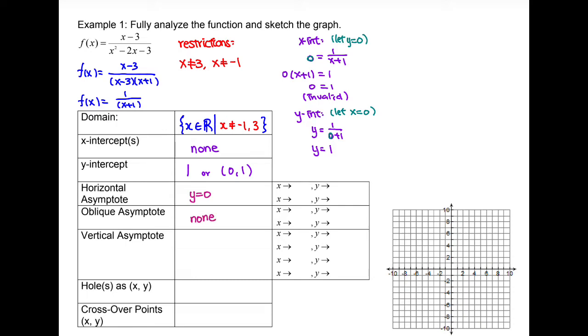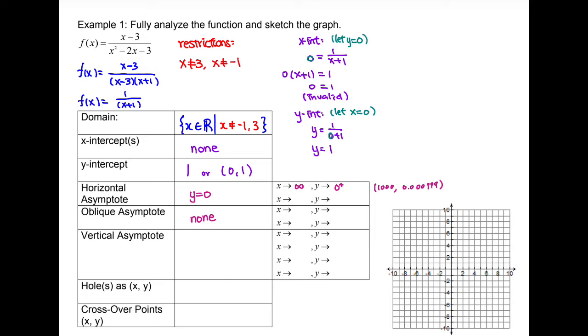Let's check the end behavior of the horizontal asymptote. On the right end, when x is approaching positive infinity, we let x be 1000 and substitute into the function to find the y value. We get y equals 0.000999, which is almost 0, but a little bit higher than 0, so we say y is approaching 0